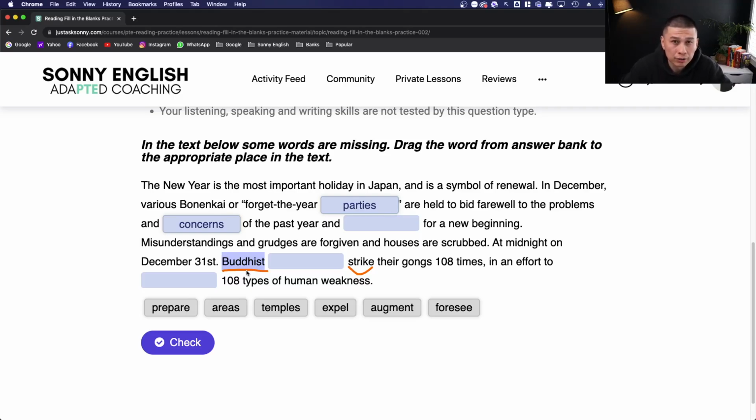Where do you see an article? You don't. So that means this isn't the noun. This is the noun describing, modifying the real noun. This is the noun that we need, and again, we need plural. And now we have two options. Based on collocations, come on, it doesn't matter what religion you believe in, you gotta know. Buddhists and temples just sound good together, right? I hope you agree. And that is the third one.